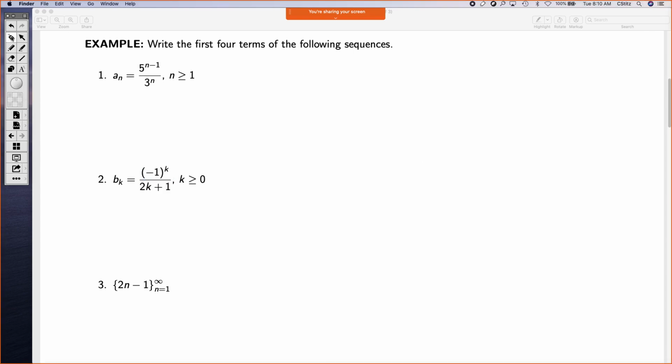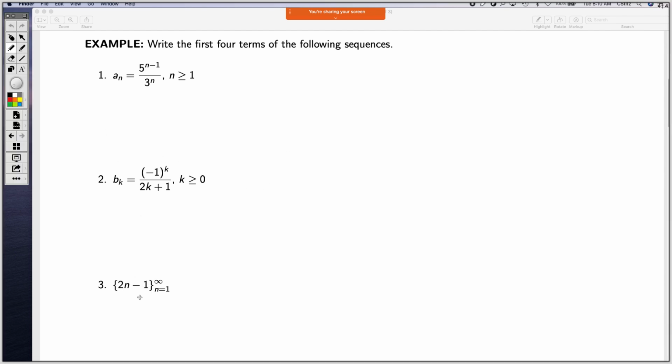All right, number 3 is a different way to express a sequence. It's expressing the sequence as a set of numbers. So that's what those set braces are. It tells us to start at n equals 1, and then the n equals infinity just means that it continues on. So starting at n equals 1, we've got right here,